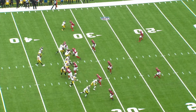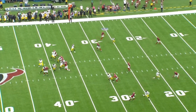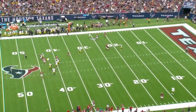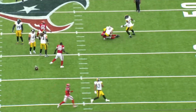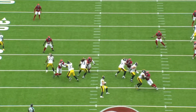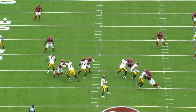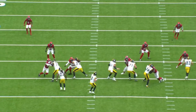But this is something that we've talked about dating back to the days at Pitt. Just the tendency to bail out of clean pockets is frustrating. It's frustrating to watch, especially the inability to let plays develop. And you can see it from the end zone angle here. His eyes are going to the bunch formation. And then instead of just calmly resetting his feet,